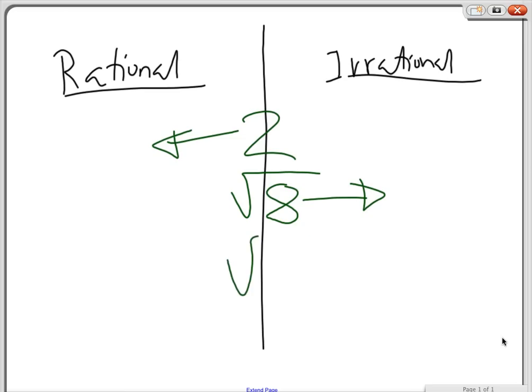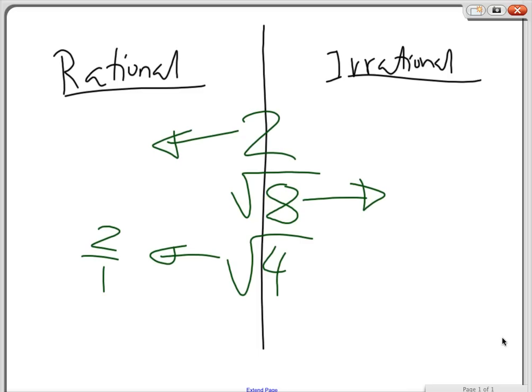But look at this next square root number. Tell me, rational or irrational? Who thinks it's irrational or rational? I don't think it's irrational. Okay, why is it rational? Because it's 2. Thank you very much. So sometimes the square root can be rational, and it also can be irrational. Because notice here, the square root of 4 is 2. And you know that 2 can be written as a fraction. That's why it's on the rational side. Does that make sense? Yes.